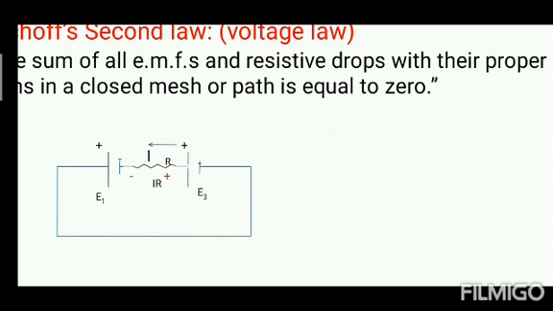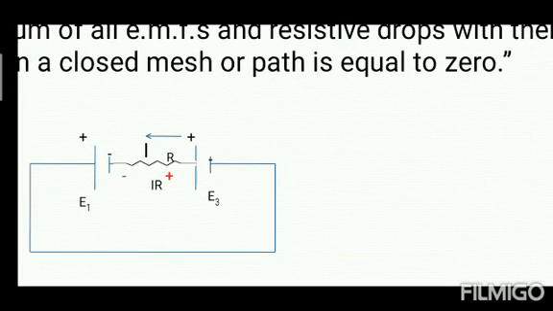If you implement Kirchhoff's voltage law to this circuit, considering E1 as the reference, that is positive E1, and IR is allotted the opposite sign to that of E1, because observe the terminals here. Minus of E1 is connected to negative of IR. So similar terminals are connected, which means as per our logic we get the opposite to that of the previous. So IR is given a minus sign here, E1 minus IR.